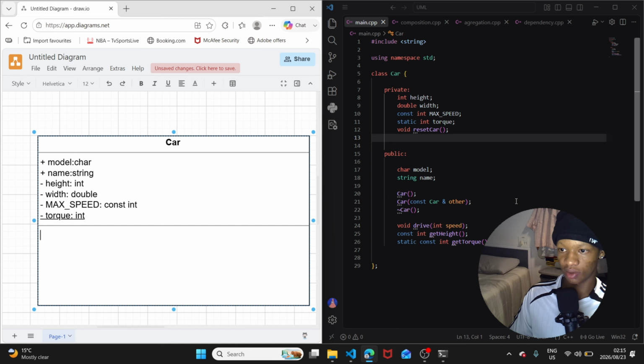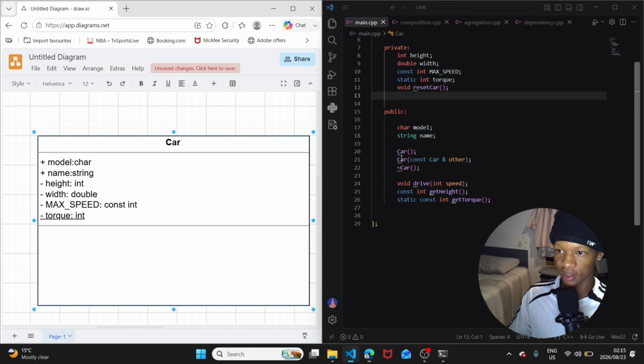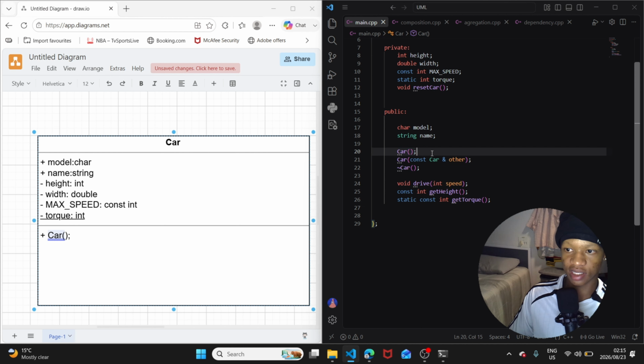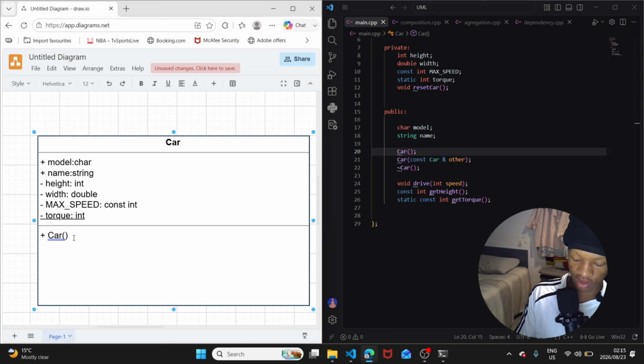functions, or our methods, right? So let's go ahead and start with the public ones. We can see that we're going to start with our constructor. Remember what we said: we start with the accessor, in this case the public interface. So we're going to have a plus car, and because in this case the car does not have a return type, we just have that, and this would be enough. Then we can have the other one and say car, which is in